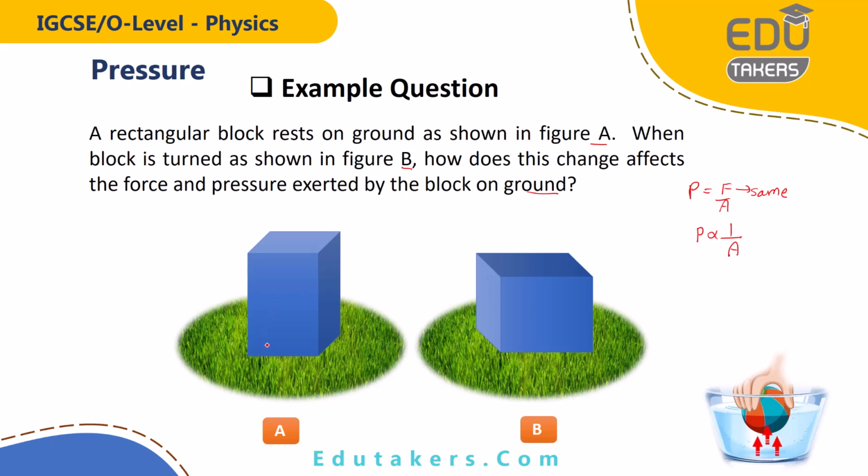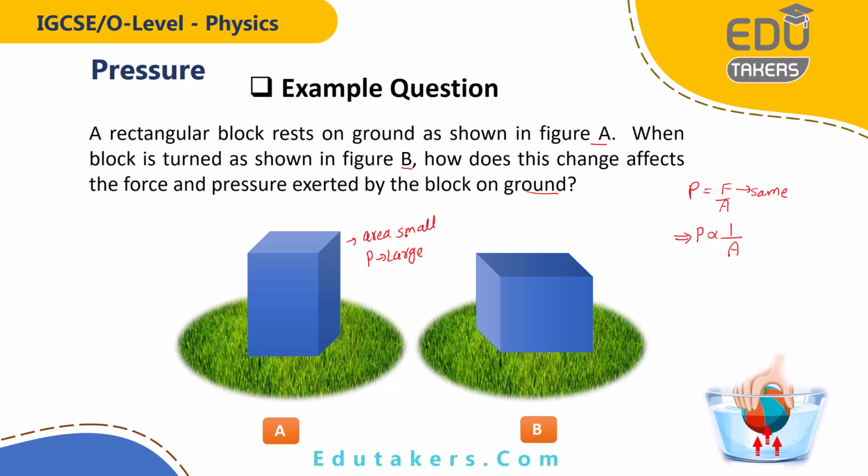So I can simply say that the pressure is inversely proportional to the area. In figure A, the cross-sectional area is smaller for box A. When the cross-sectional area is small, what can you say about the pressure? Is the pressure larger or smaller? As by the given relation, pressure and area are inversely proportional to each other. It means that when the area is smaller, the pressure would be large. So for box A, the pressure is larger.